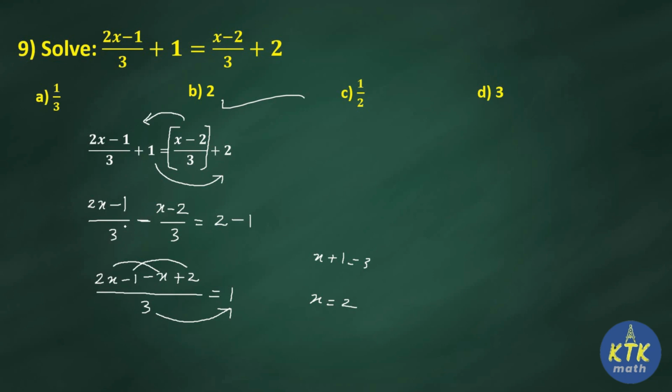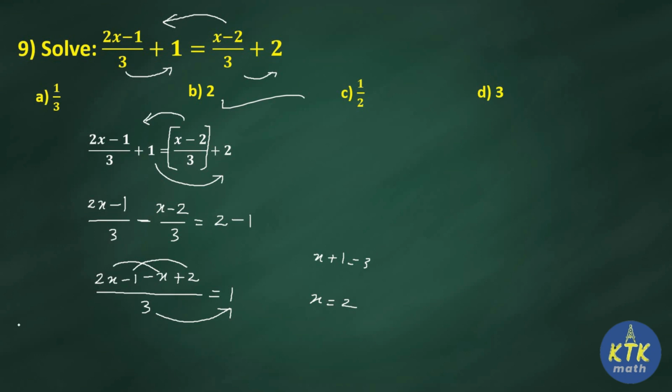Clear? Within 4 or 5 steps I solved the sum. So all you have to do is decide which terms we are going to bring together. Since this question involves two like terms, I need to bring the like terms together and the constant terms together, so that the sum becomes very easy. Otherwise you may do cross multiplication like this, but it will be a waste of time. Instead of cross multiplying 3 with 1 or 3 with 2, it will take time. Once I identify the terms to bring together, then the solution of the sum will be very easy.